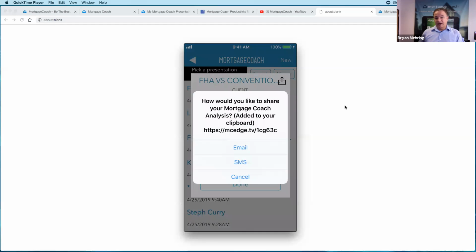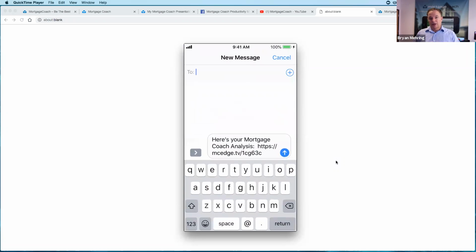With the Apple device, you'll be given 2 choices, email or SMS. Android, you'll be given additional choices. So let's go ahead and utilize the SMS or text feature. And you can see what it does is it takes the hyperlink that you send to your client, drops it into the body of your text, and now all you have to do is send it